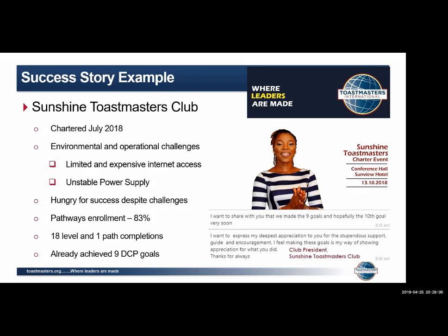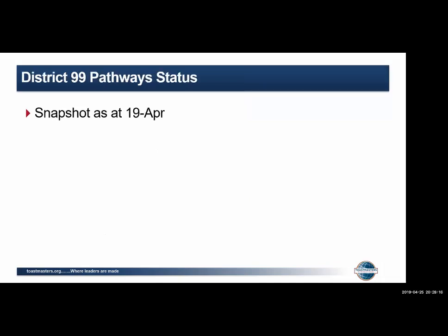Same program, very challenging environment, but they just said, you know what, we love this. We don't mind whether it's going to cost us a little bit more, because to get on the internet in our environment is expensive, but we love this program and we're just going for it. So that just comes back to the fact that it is possible. As I said, it's not perfect, but it is possible for us to actually take this on the home run